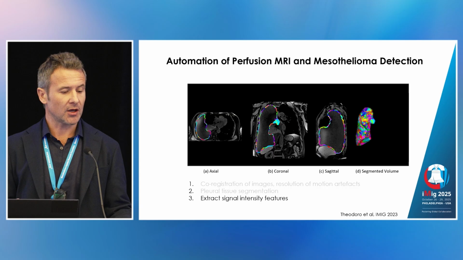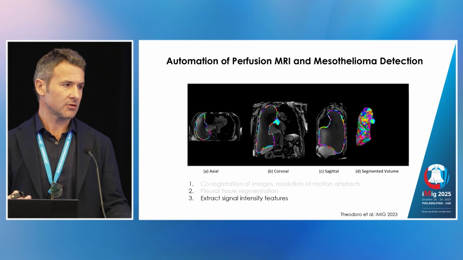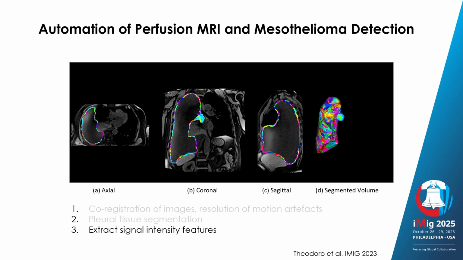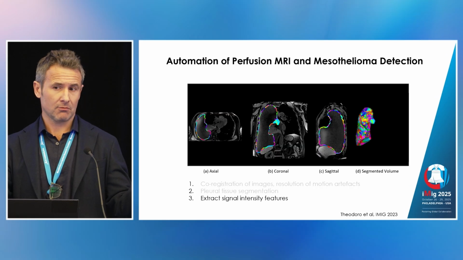And so you can do that. These are called superspells, which are essentially regions of the pleura that are connected through time, through about 14.5 minutes. And you can see different regions of the pleura show up in different colours because the contrast is washing through them differently. And then we have to then apply some criteria to those contrast behaviours and pick out the regions